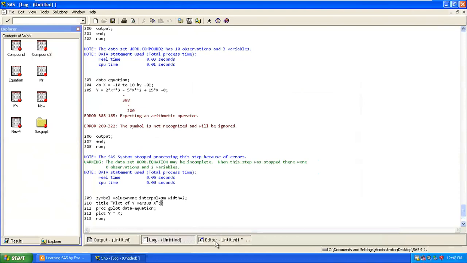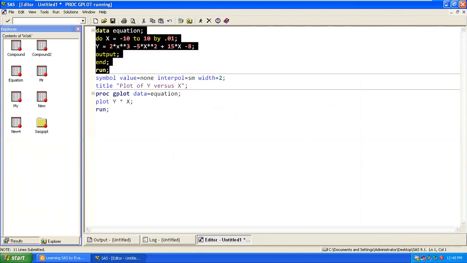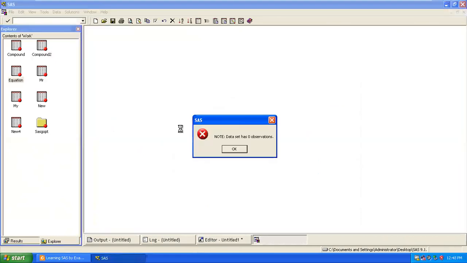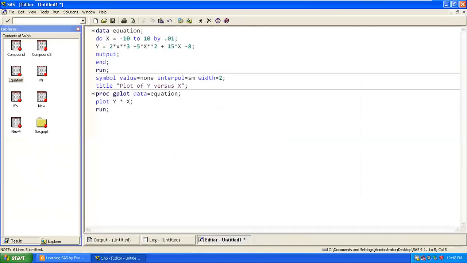Okay, here is the problem. Okay, let's see. So this is for negation. Okay, power of 3, power of 3, 2x. So what is the output? Equations. No data observations. Okay. Let's see why it is like that. 0.1.